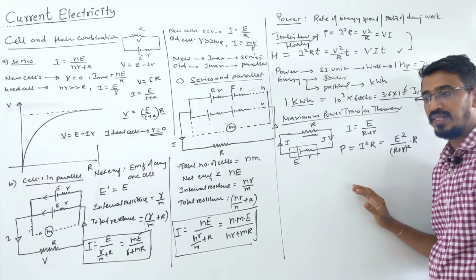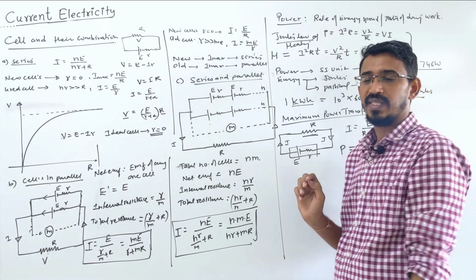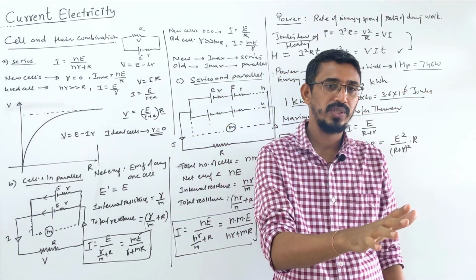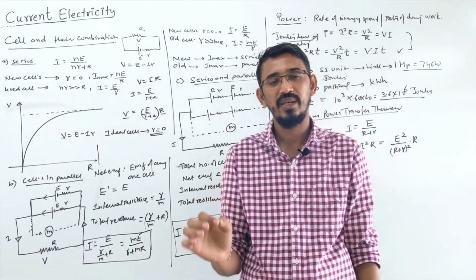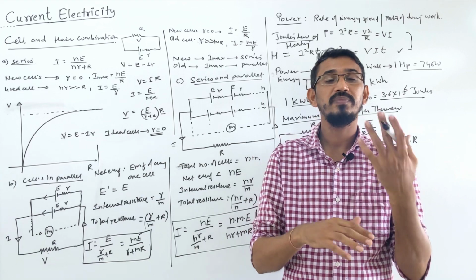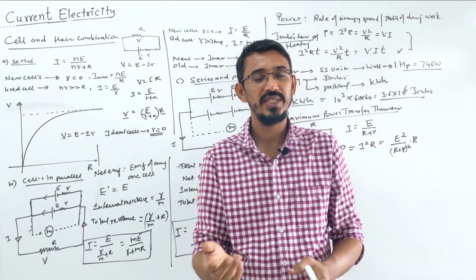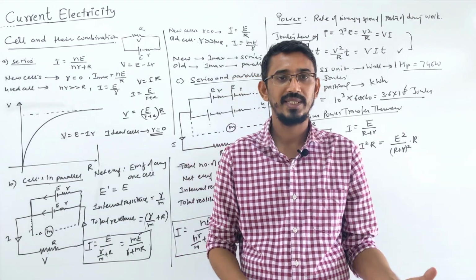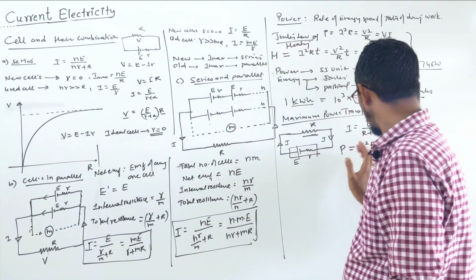What rule will we use? Already I taught you nicely that whenever you want to find a maximum or minimum in physics, you differentiate and equate that quantity to 0. You differentiate one time and equate to 0, and you will get the condition, correct? Then if you want to know whether it's maximum or minimum, you double differentiate: a positive answer means minimum, a negative answer means maximum. Right? Here we want to know just the condition.